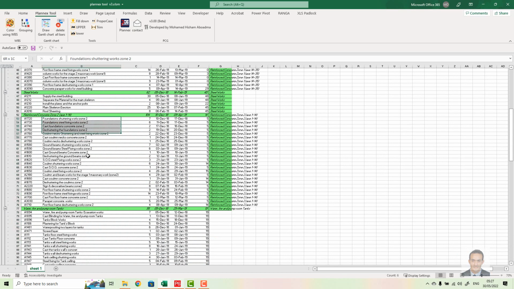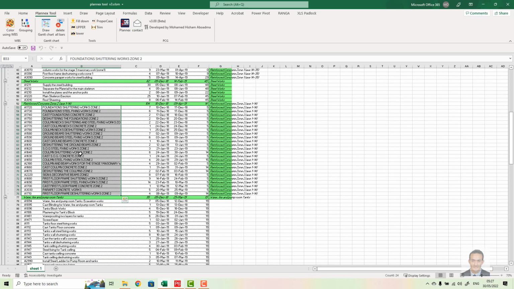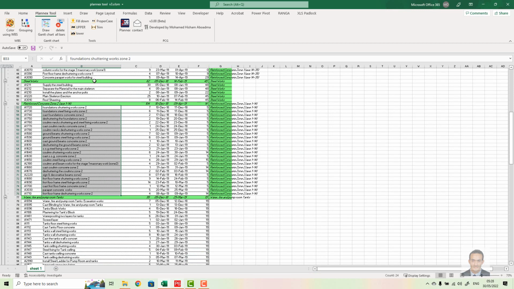But if I select this one like this and click upper, it will take seconds only. If I need it to be lower, okay, it will be lower. If I need proper, that means the first letter of each word will be a capital. Also, you can do it.